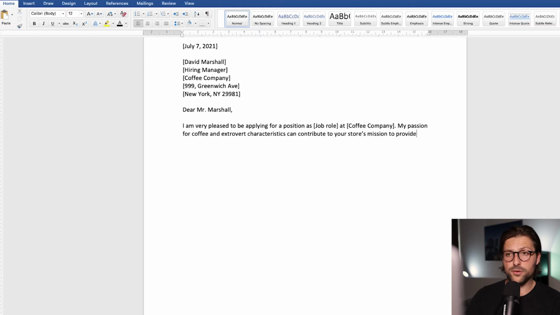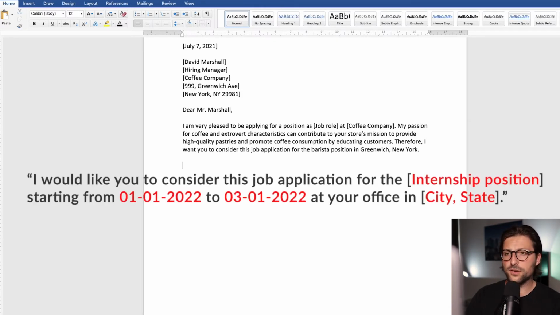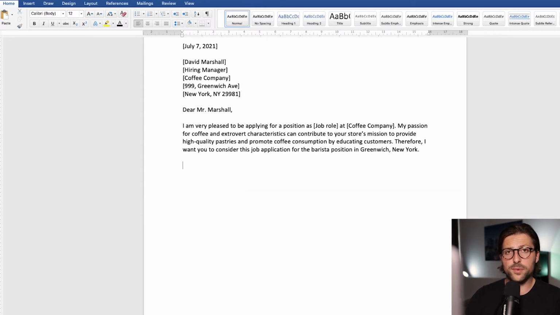Now, if applicable to your situation, you might need to answer at which establishment you would like to work, or in the case of an internship, when you are able to start, plus the duration of your internship, just like you see in this example. Now by including this information, you not only draw the reader's attention, but it also proves your attention to detail